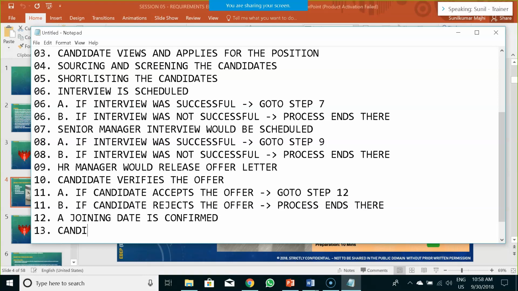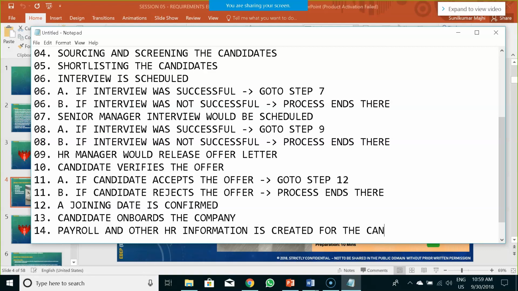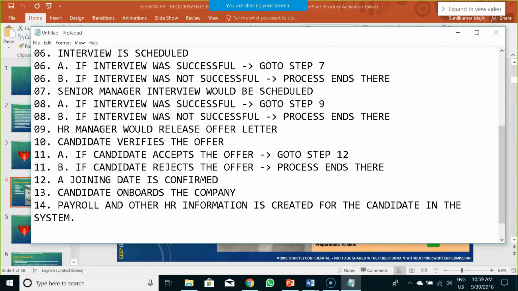After that, candidate onboards the company. 14th, payroll and other HR information created for the candidate in the system. And eventually, this is where the final process ends.